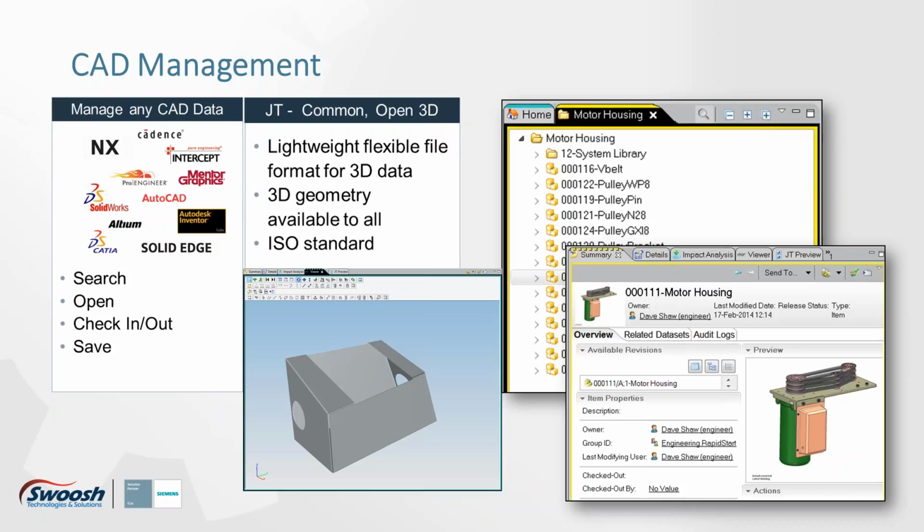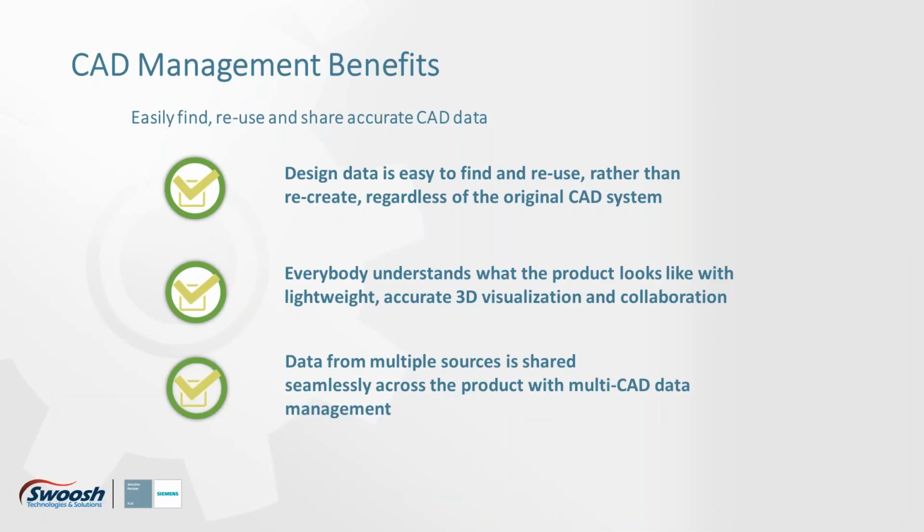But Teamcenter has a unique way of saving this directly out of the integration. So all you have to do is say inside your CAD package, save a file, save a part, save an assembly, and Teamcenter takes care of the rest of structuring and putting it all into a managed system. So your benefits of using Teamcenter with your CAD product are, one, the data is easy to find, regardless of what CAD system it came from. Again, you can mix and match Solid Edge, SolidWorks, NX. Teamcenter will manage all the CAD data regardless of where it came from.